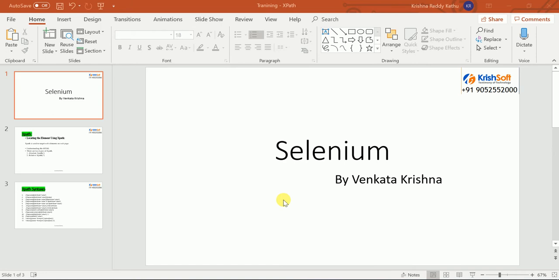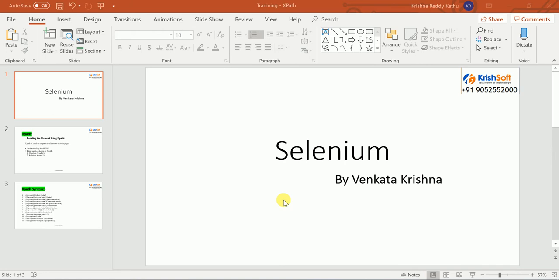In this video we are going to discuss the power of XPath, how to locate the elements. Using XPath, you are able to locate any element. Coming to the Selenium part, locating the element is the heart of Selenium. If you know how to locate a particular element or any element, then with Selenium you can play with it like anything. That is the reason I am doing this video, to make you all understand the power of XPath, how to locate any element which you get in your applications.